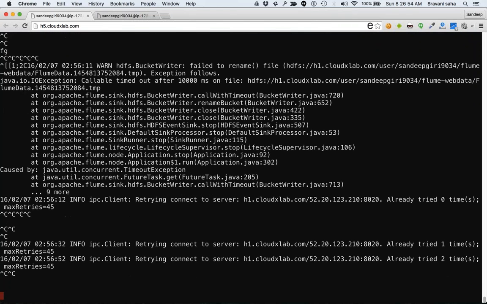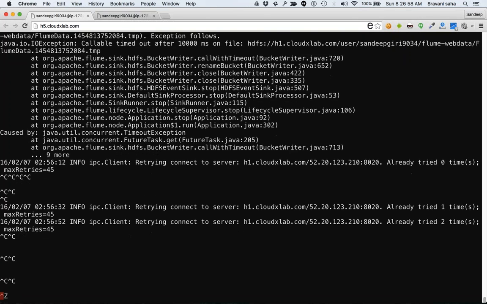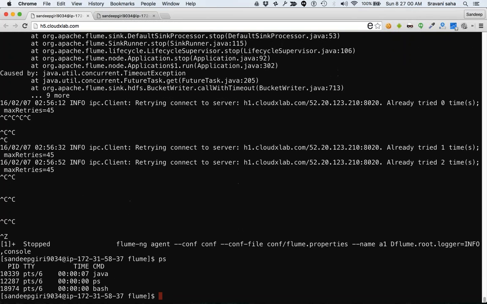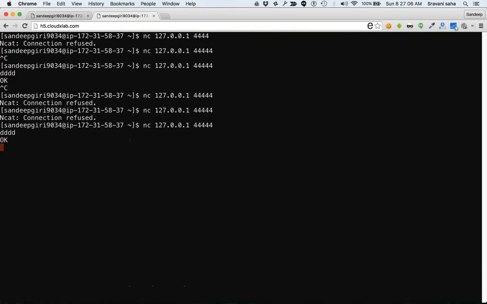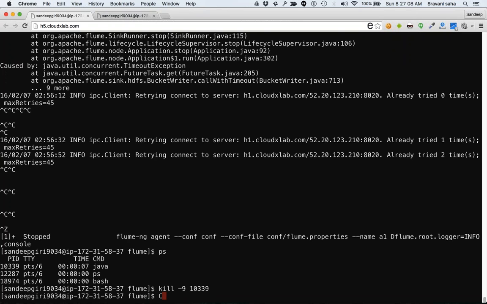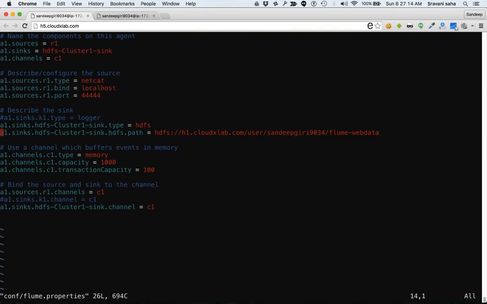Just this first time, it's not letting me connect. Yesterday also, let me just kill it. Alright, so what we will do is we will try to change the Flume properties files